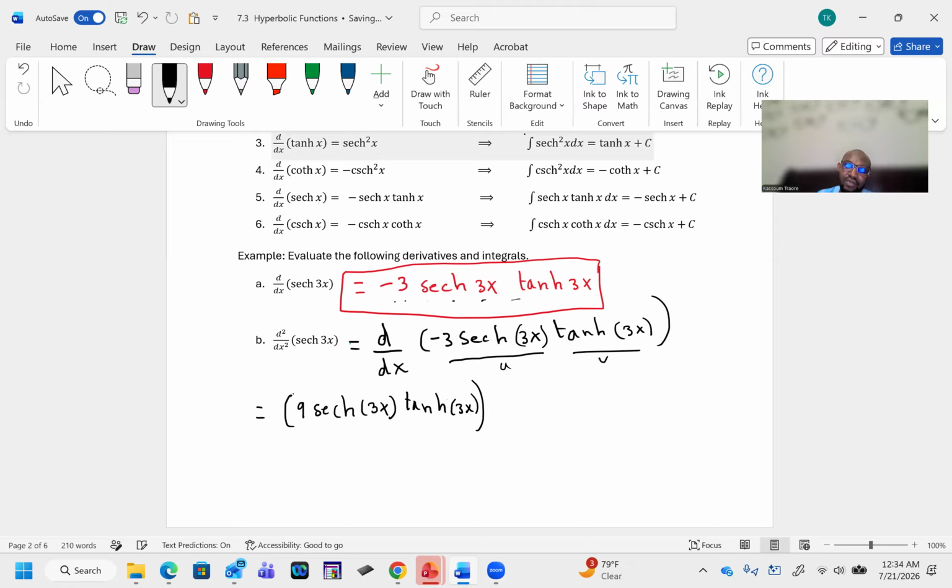That is u prime times this hyperbolic tangent of 3x. Let's not forget that. Then plus still negative 3 sech(3x) times the derivative of hyperbolic tangent of 3x, and the derivative of hyperbolic tangent of 3x is